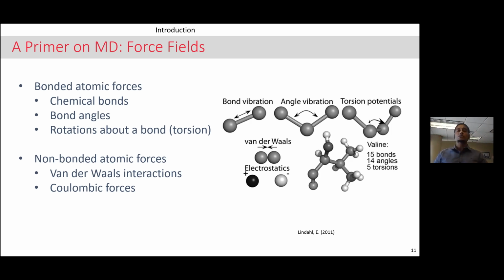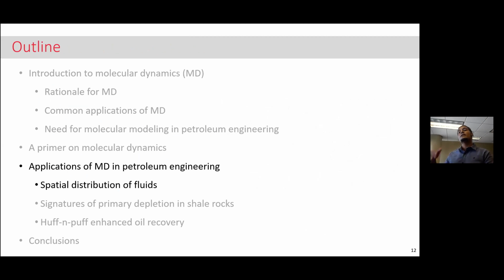Just like when you're doing a reservoir simulation model, you need to specify what kinds of fluids you have and what kinds of relative permeabilities and porosities and permeabilities you have. Here, the model inputs are going to be the types of atoms, the types of molecules, whether they're bonded and if they're not bonded. And if they're not bonded, of course, the only ways they're going to interact are van der Waals interactions and Coulombic forces. So we set up the simulation box and then we hit the run button and then wait for it to reach equilibrium, and then we analyze the results. So having said that, let me show you an example application of molecular dynamics in petroleum engineering.